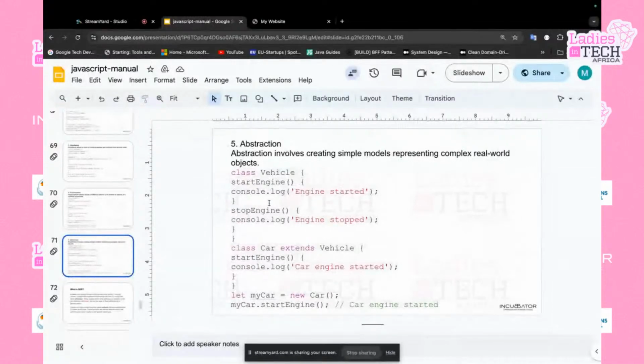This seems very similar, but it's not. Abstraction involves creating a simple model representing complex, real-world objects, and it's way more powerful than encapsulation. It allows us to hide internal implementation details and show only the essential features that we need. We can only show the parts that we want the outside world to see. When you extend a class, if you don't have access to do this, you cannot do this. For example,